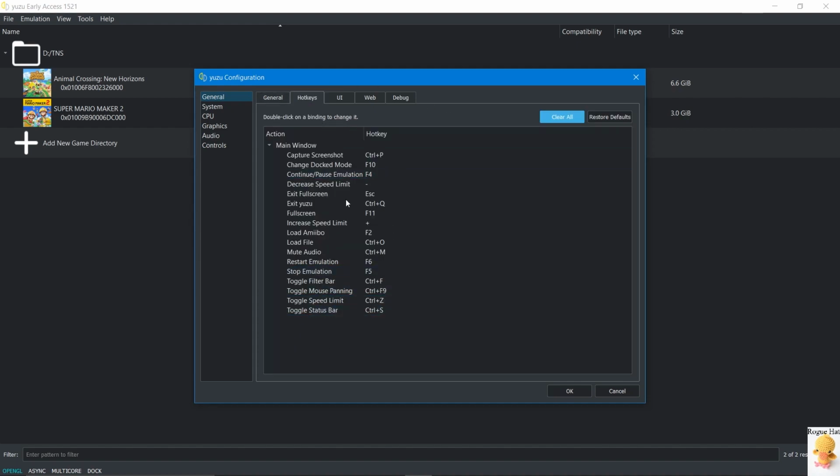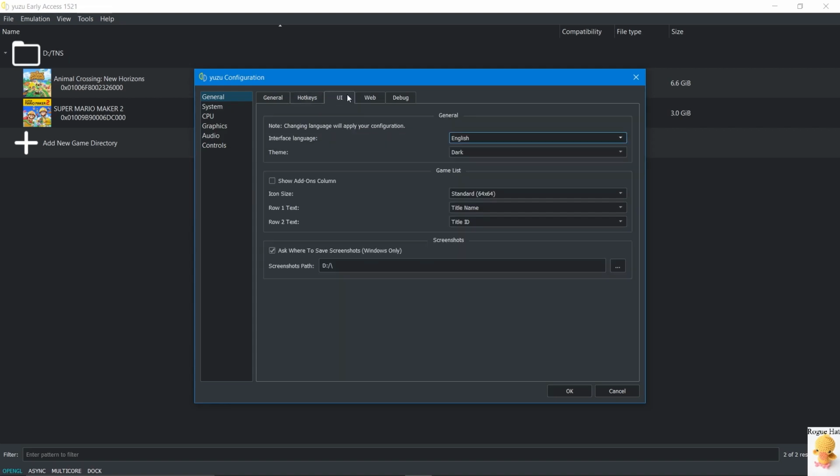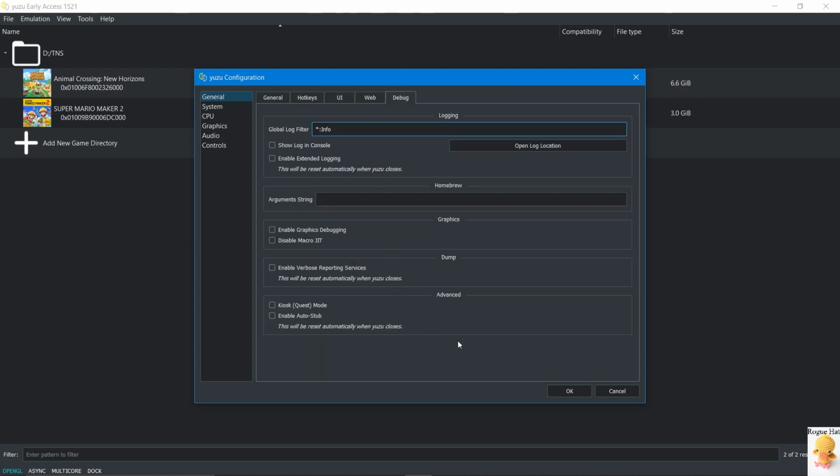Hotkeys is just our hotkeys, and in UI we can change the settings, change the theme or whatever we might have. We can just change the look of this emulator. And then we have debug. It's not really that useful, it's only for debugging purposes. And in the web section,